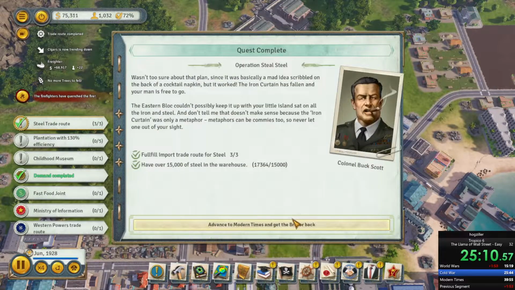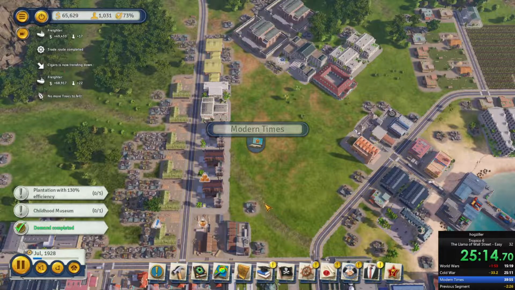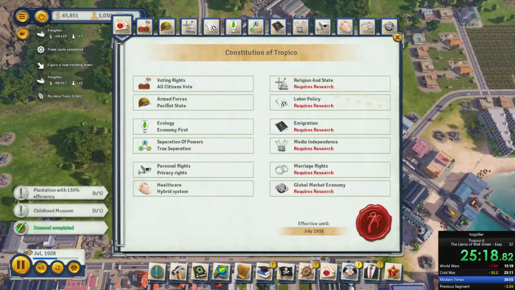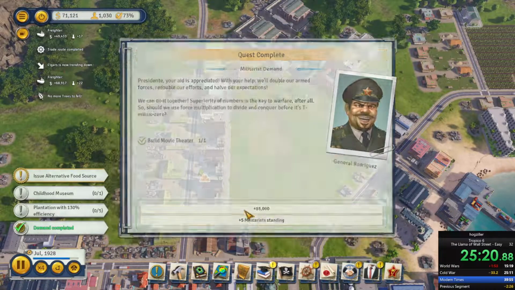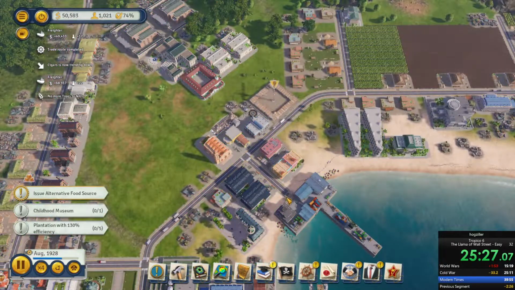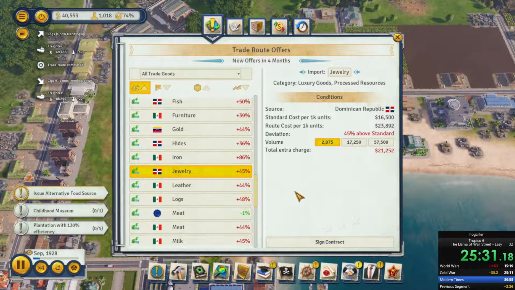Once you get to the modern era, build the mall. And then make a trade route to import shellfish and juice so that you get to the 11 needed food groups. Then turn off the exporting of electronics, as you're going to want to store up this item for a